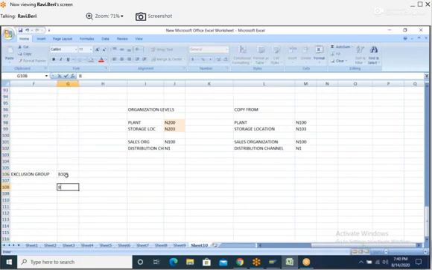Under B100, you have these four condition types. And we have one more group, B200. We have exclusion group B200. Under this, you'll have B005 and B020.